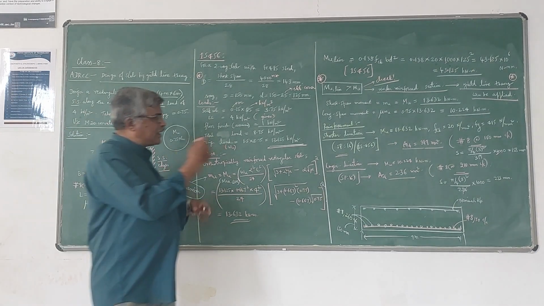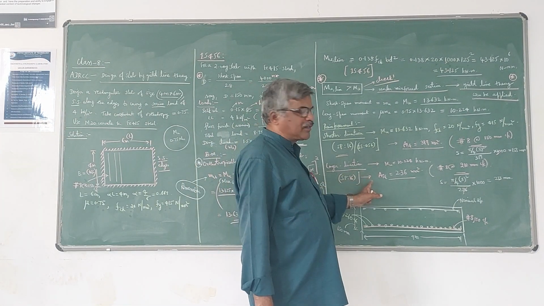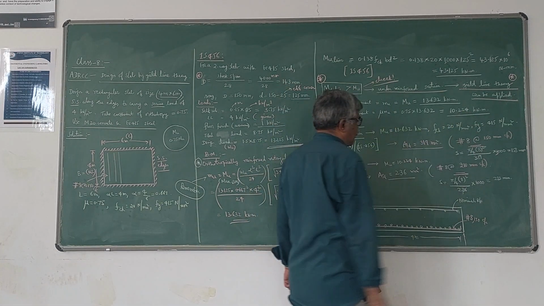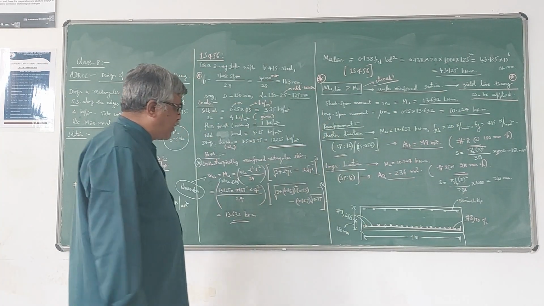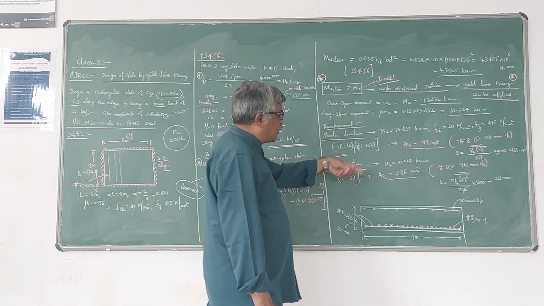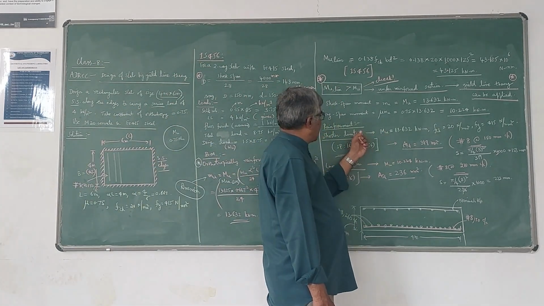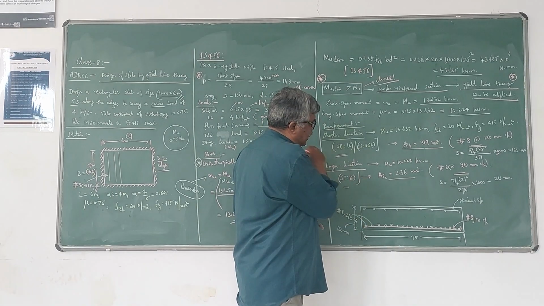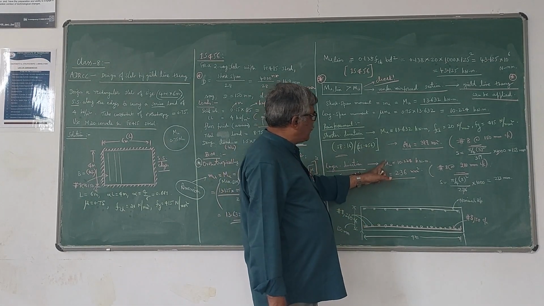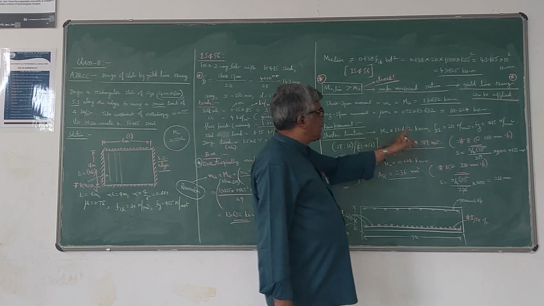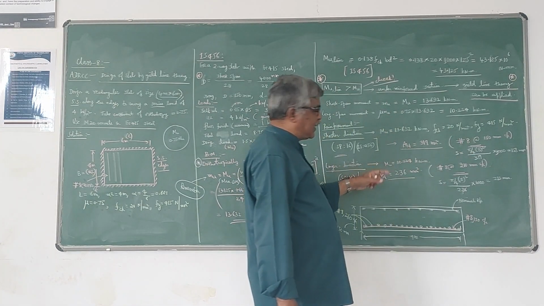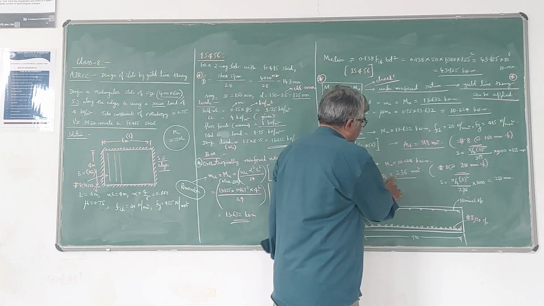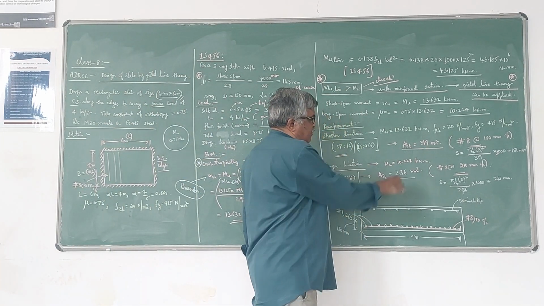Now in the other direction, the longer direction, we also have to design the reinforcement. For that we have to take 10.24 kNm as the bending moment, similar to what we designed in the shorter direction. According to SP16, the charts are given for the value of mu, fck and fy. You can directly read the Ast value. In this case, you are going to get slightly less because the moment is less, 236 mm².